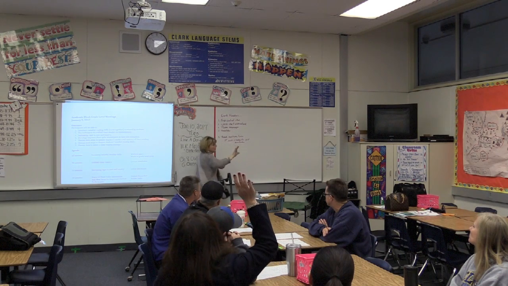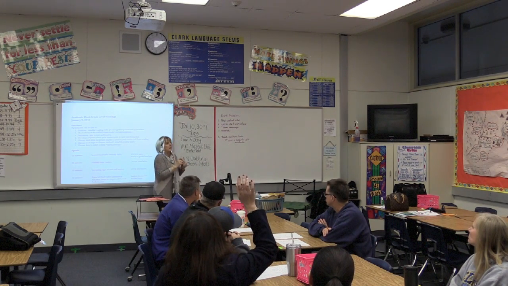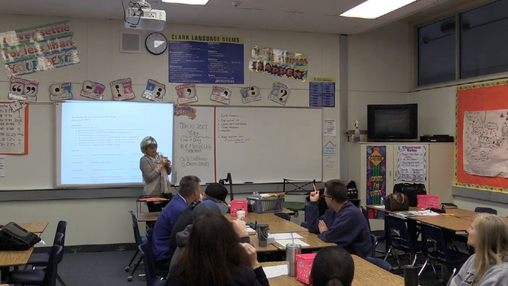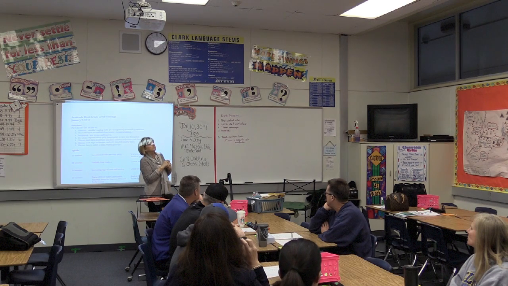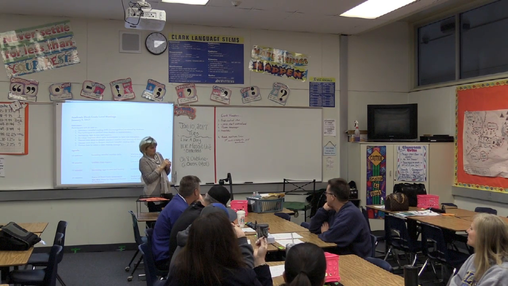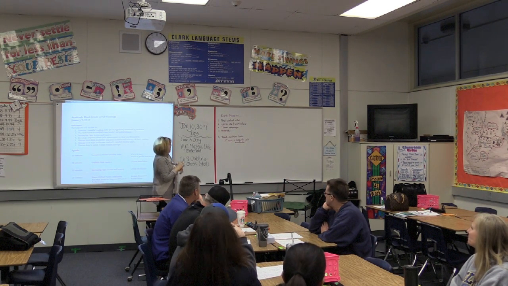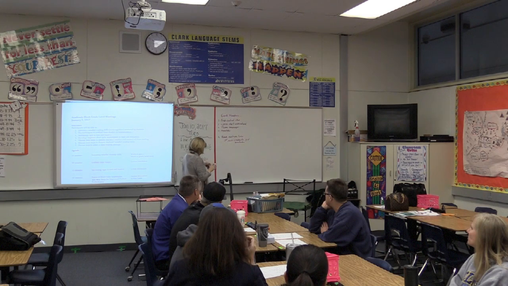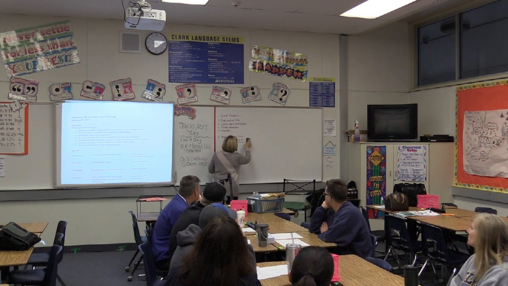Okay, so let's assume that's off the table. Would I just annotate any old thing the first time? No. Second time? I go back a lot to the central idea. If you're going to underline or annotate something, it needs to be connected to something, or it just gets random. So the first time I read, what do I do? The first time you read, you find the central idea.